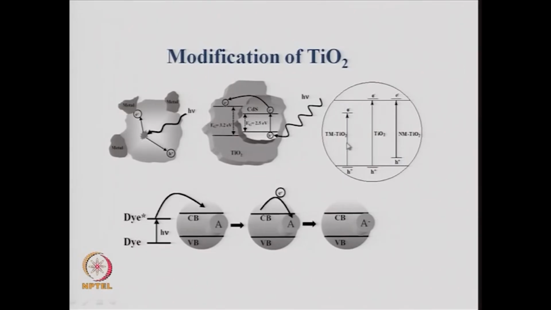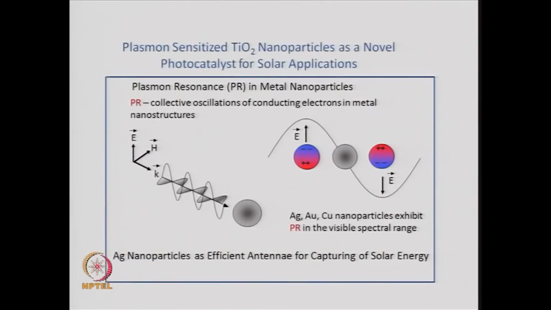So, these are two modifications to the bare TiO2 which is shown here. So, this is also possible and this is also possible. So, this kind of changes in the band diagram by doping is generally called band gap engineering,